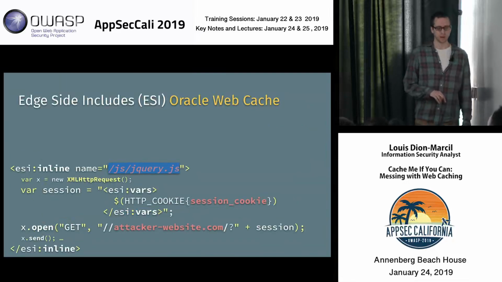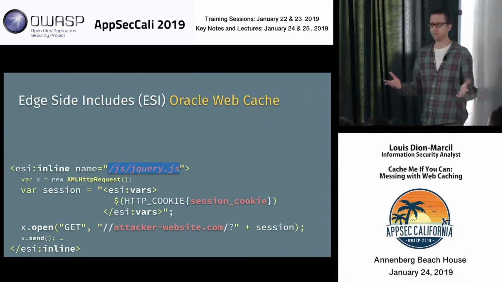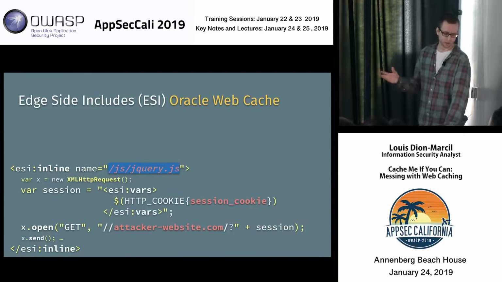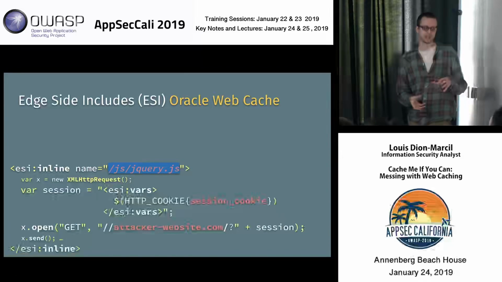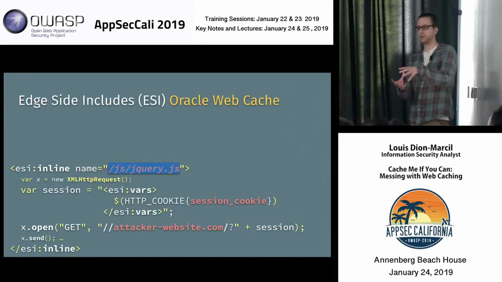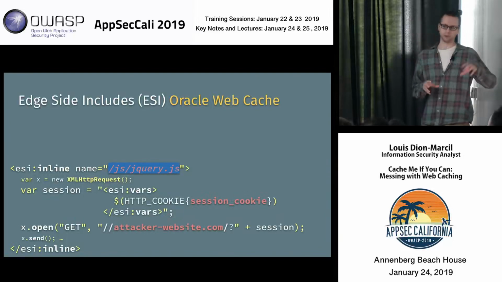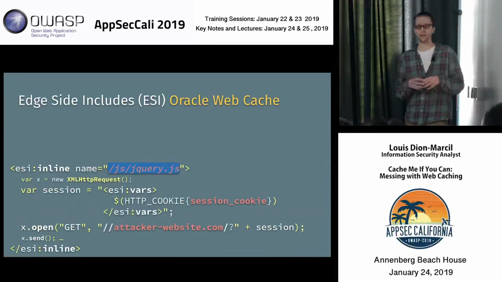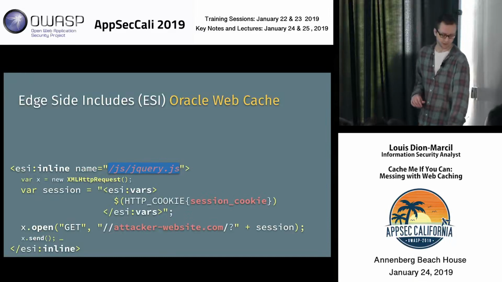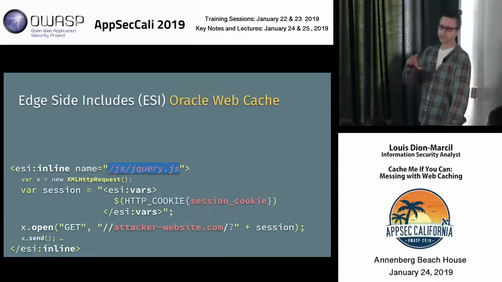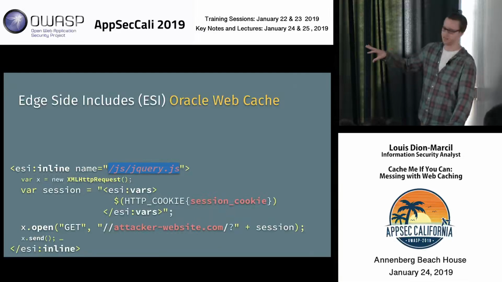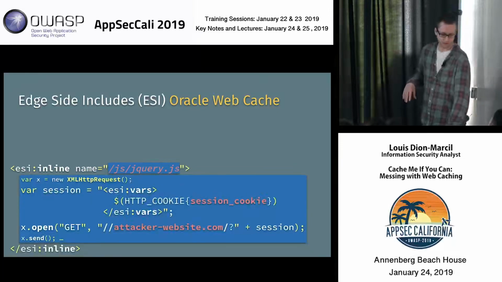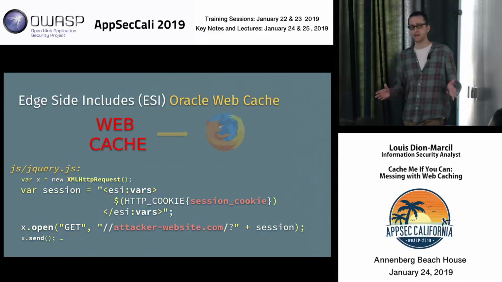So when a website is using jQuery.js or any library for that matter, what we do when we found ESI injection is use this neat little trick where we're going to effectively backdoor jQuery.js at the cache level. So we're going to take the content of jQuery, put it at the bottom of the file, and at the top of the file, we're going to prefix it with a very simple AJAX request, which is going to expand the content of their cookie and send it back to us on our attacker-enabled server as a GET parameter. So once we have this particular snippet parsed by the ESI-enabled server on the cache, this is going to get committed inside of jQuery.js,